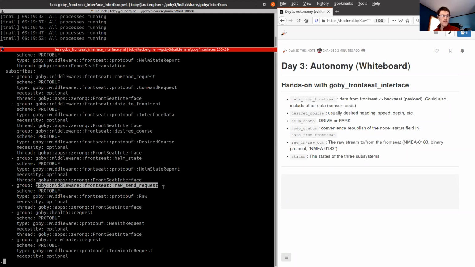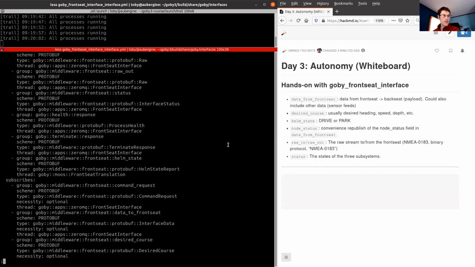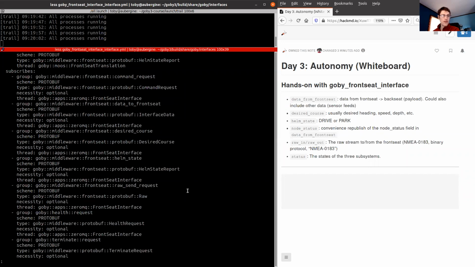You can test it out by using the raw send request and then subscribing to the raw in, so you can see what it responds with. Add your new feature outside of the driver, and then ideally you'd also eventually update the Goby driver or write a new one to include that in the driver, but it's kind of a backdoor that can be handy for certain debug scenarios and certain new development situations.